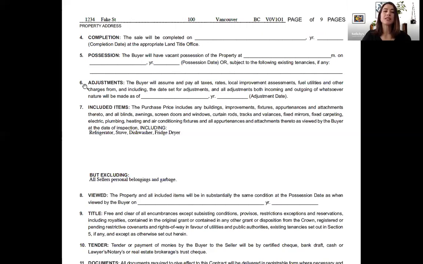Adjustments. Adjustment date is usually the same day as possession, and it is the day that all of the expenses relating to the property are adjusted. So for example, things like the property taxes, strata fees, that sort of thing. If you pay your property taxes on July 2nd or 4th or whatever it is every year, and you pay for the whole year in advance, let's say the property taxes are $2,000,